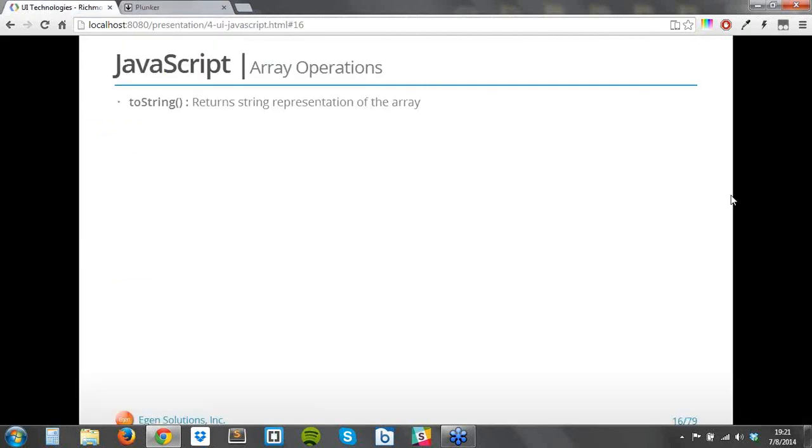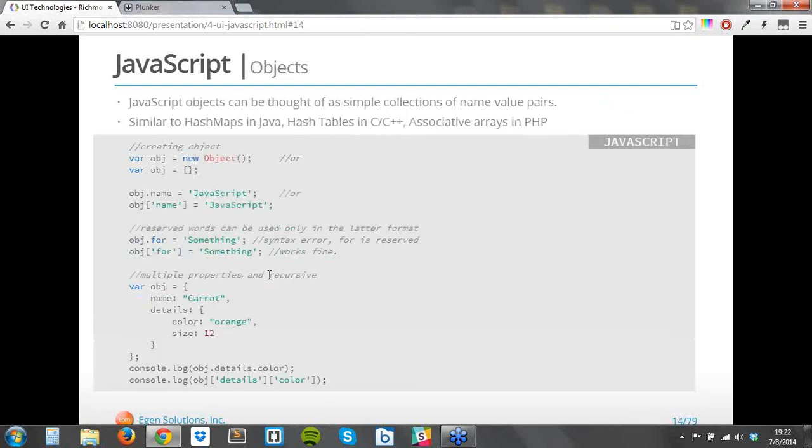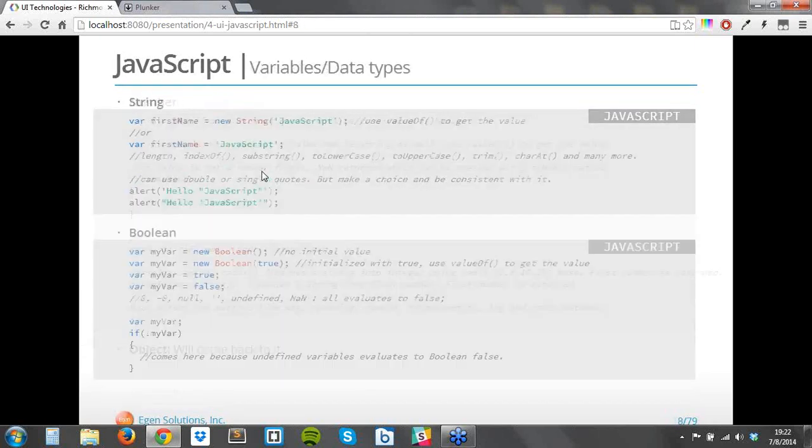What else? And I have one question from someone. For assigning a boolean value to an array element, do we have to create a new boolean variable using the new keyword? Why? Didn't I tell you you don't have to use boolean or any sort of constructor anywhere? You can directly initialize something from